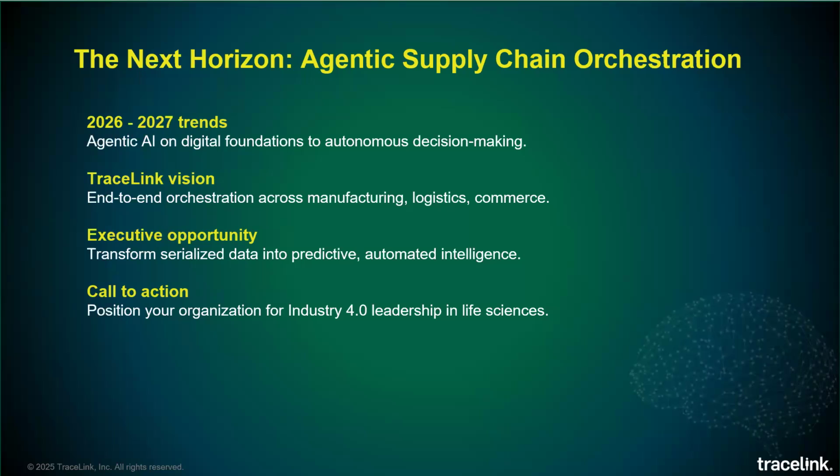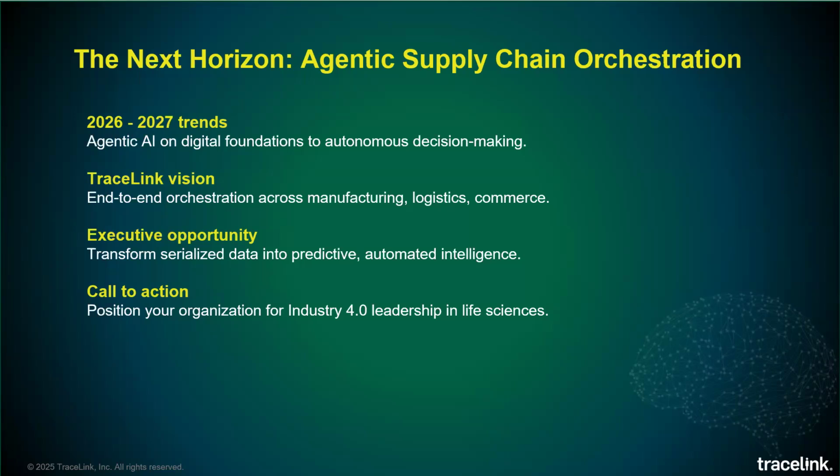It's beyond that. So you need to build a digital serialization network. Tracelink has done a great job with that. So if you're already part of the Tracelink network, if you already have the serialization solutions with Tracelink, your half job is done. So you just need to leverage Tracelink's agentic AI data orchestration solutions and take it further from there and be prepared.